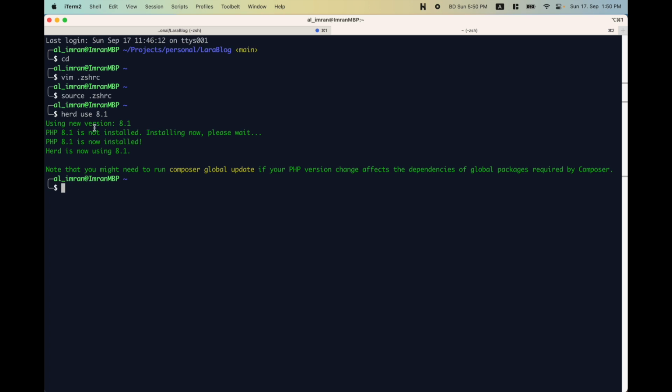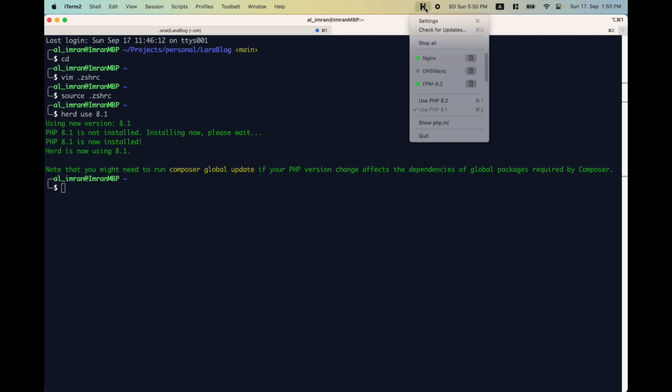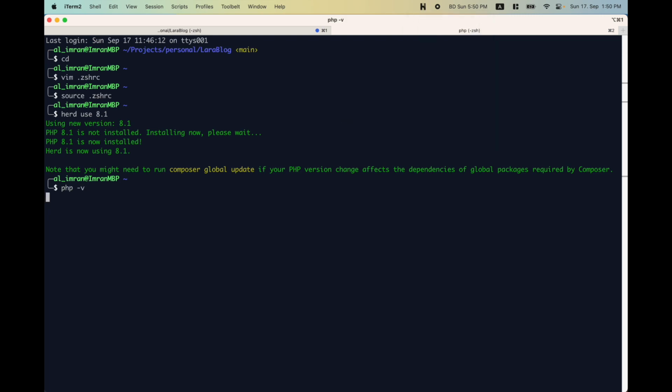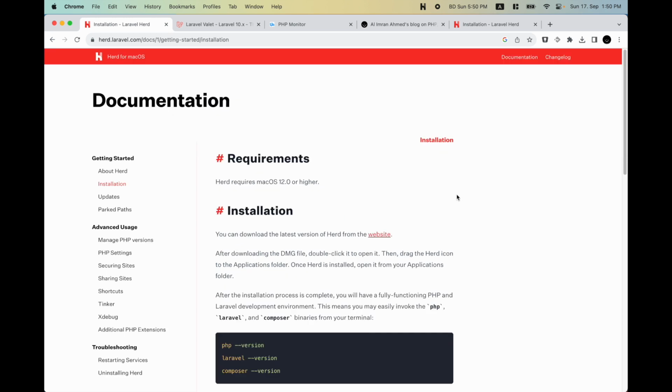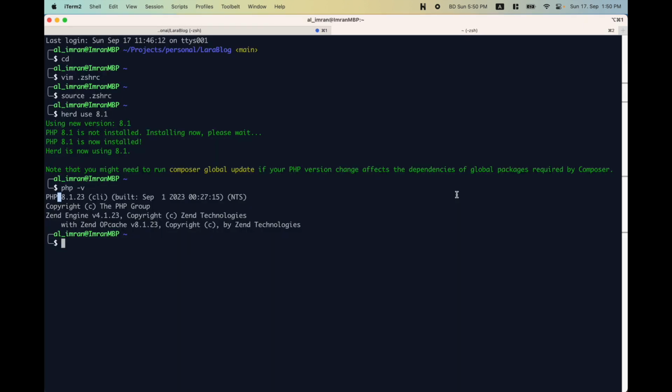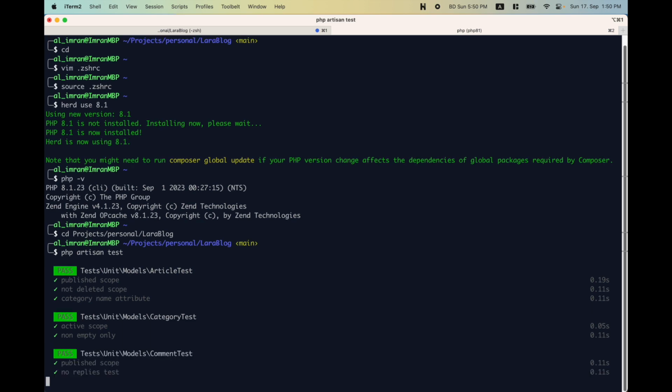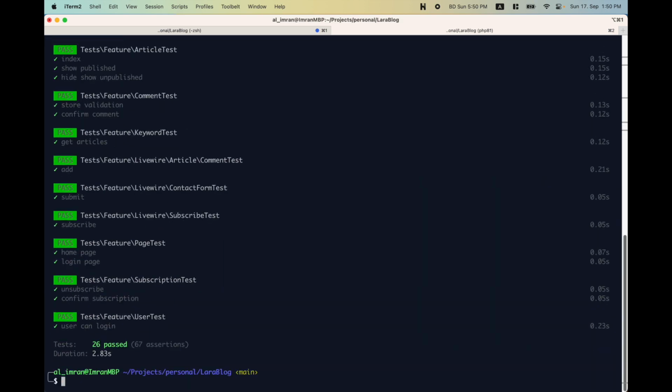So now as you can see, we have switched to PHP 8.1, and if I go here, I can see that it uses PHP 8.1. If I run something like php -v, it is saying that I'm using PHP 8.1, which is great, and it works exactly like Laravel Valet. I have some tests in my project. So if I go to my project again and run the test, how does it behave? So it took 2.83 seconds to